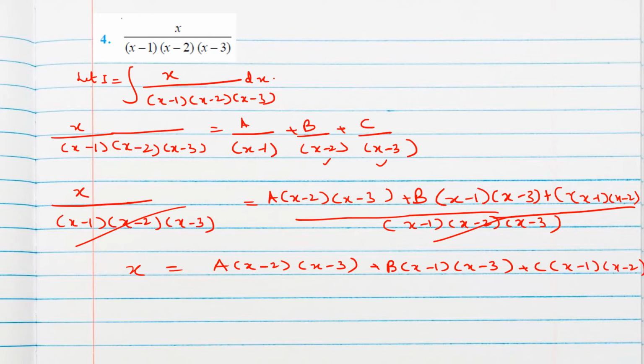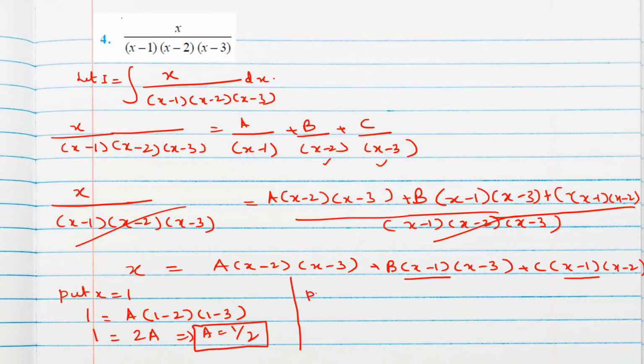So now we want to find a, so we'll substitute x as 1. If you put x as 1, this bracket will go 0, which means the b and c terms will vanish here. So only the a term will be left, so you can find it easily. So here x value 1, a(1 minus 2)(1 minus 3). That is, this will give minus 1 times minus 2, which means positive 2, 2a. That implies a is 1 by 2 here.